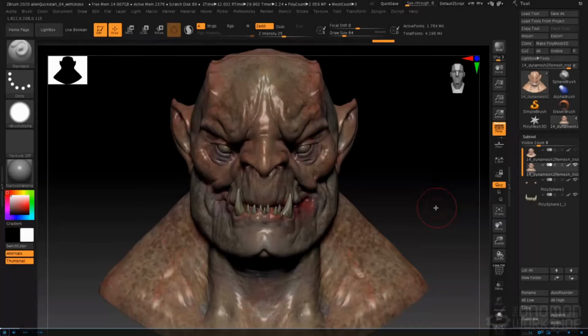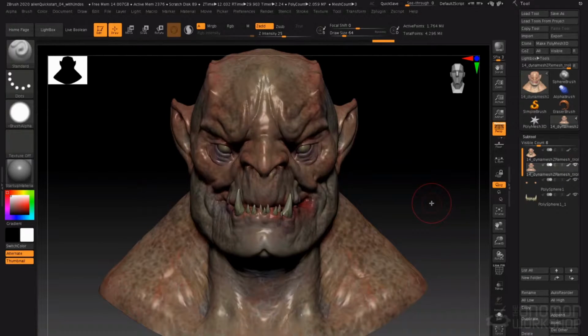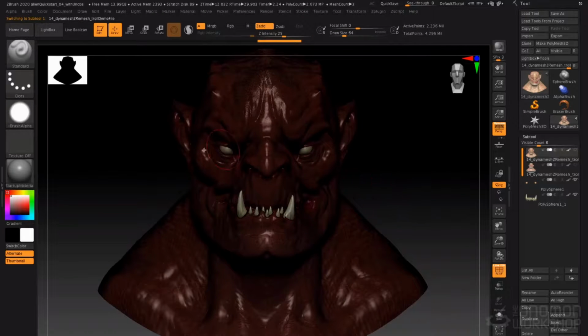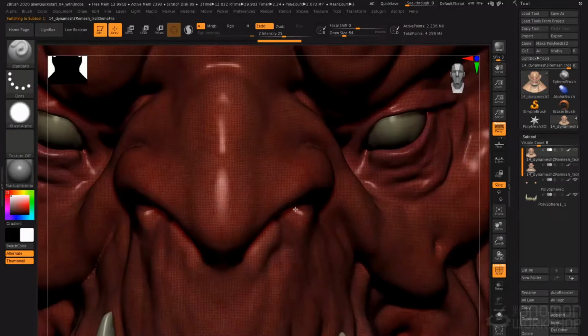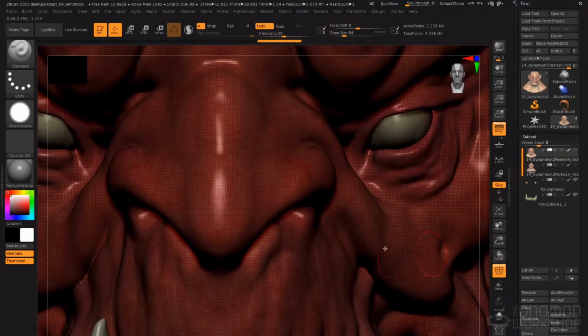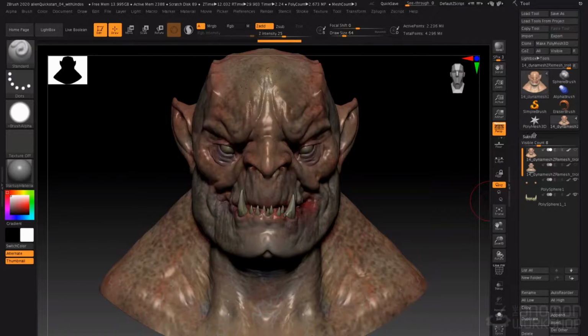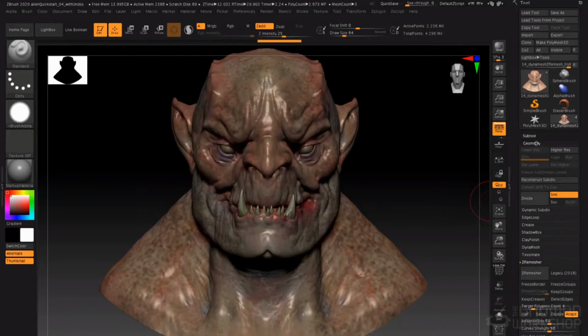Now in this video, we're going to talk about how to leverage the strengths of both Dynamesh and subdivision sculpting. Now, you should have already seen the Dynamesh video at this point, and you understand that a Dynamesh mesh does not have subdivision levels. If we switch to our Dynamesh version of this character bust here and go into frame mode, you see it's all very, very tightly clustered quads that have just basically been shrink wrapped in the shape of our character. There is no way to step up and down your subdivision levels, and as a result of